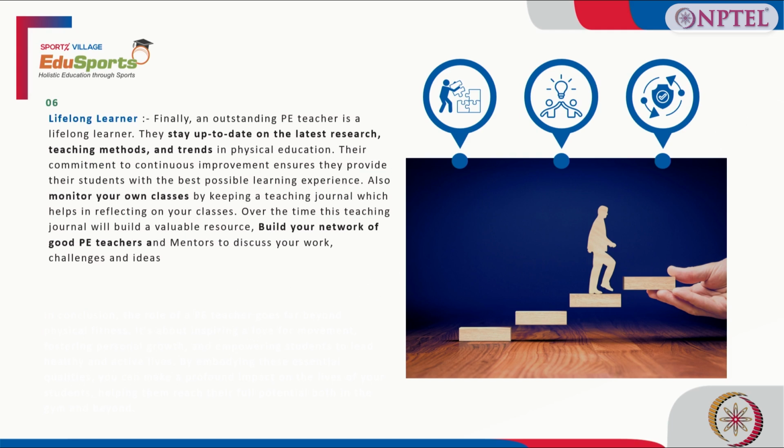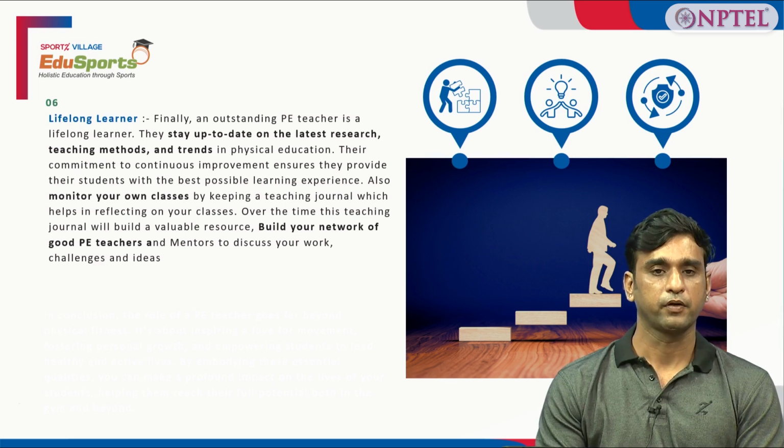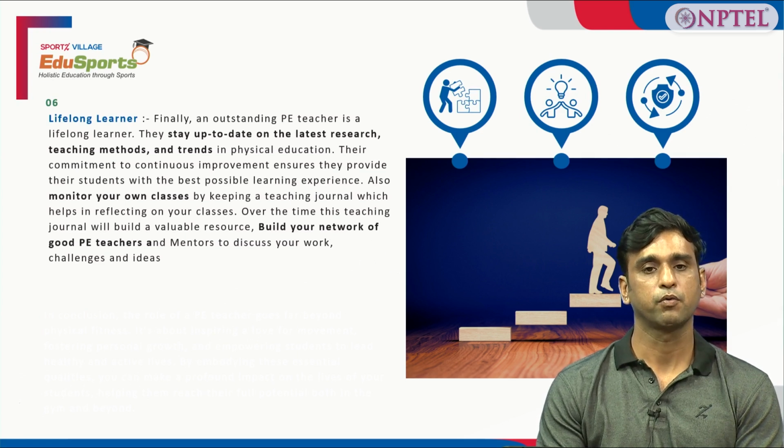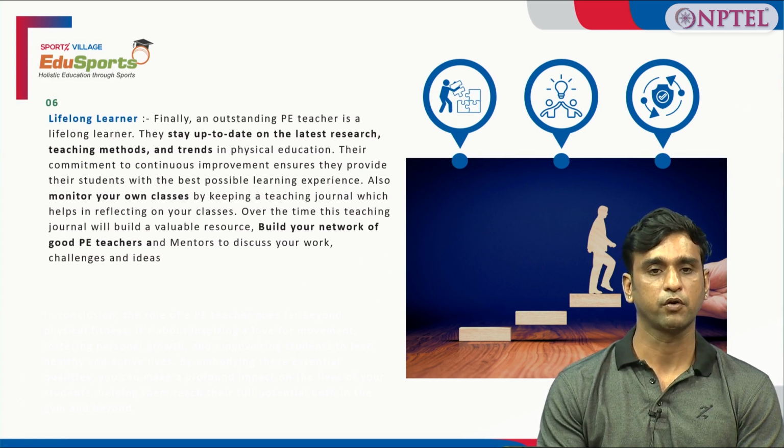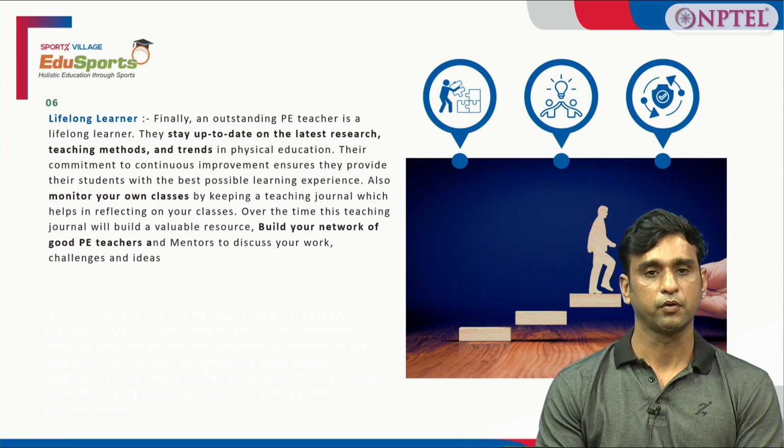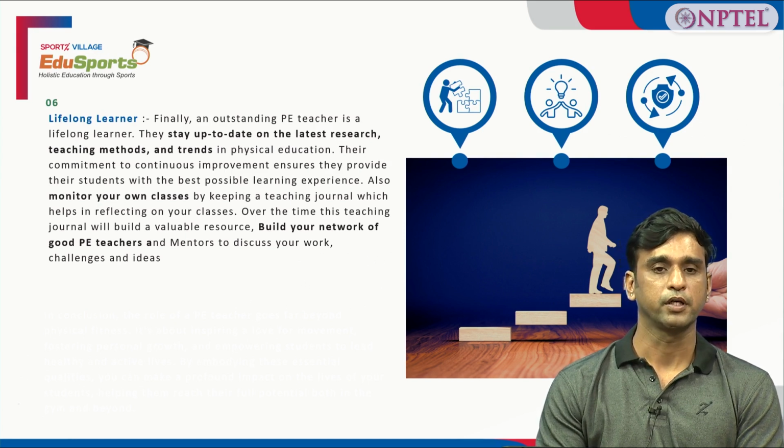So that's the end of section 1. What we have covered here is the qualities of being an exceptional PE teacher. Ensure that you have a journal about these qualities and assess yourself against each quality, and create a goal ladder for yourself and see how much you want to improve for each quality in order to be at a good optimum level to execute your role.